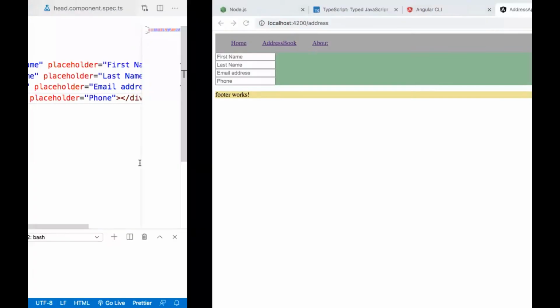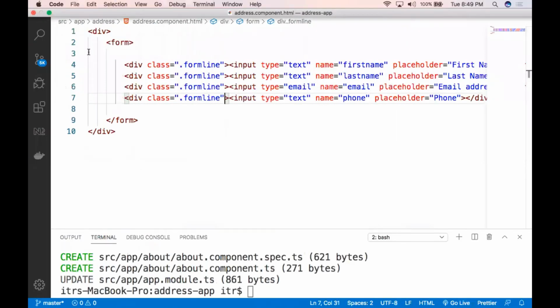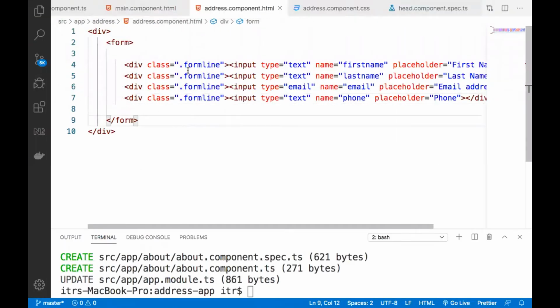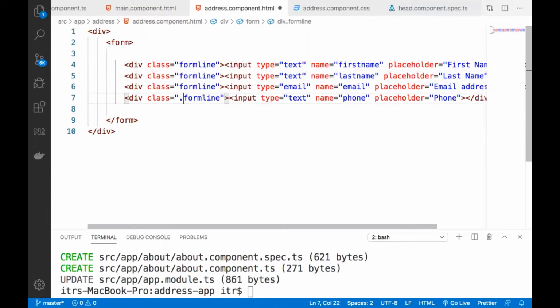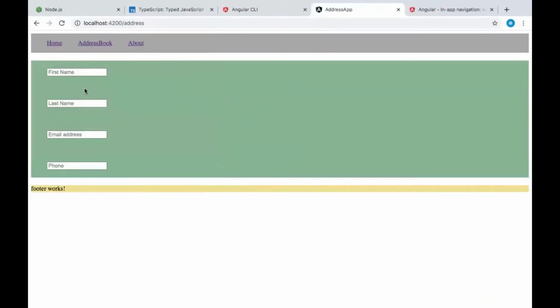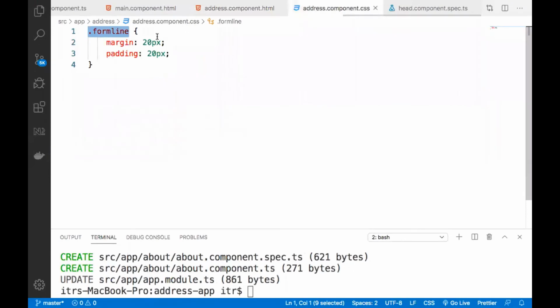Nothing happened. Sorry, we need to remove this dot. Save it. Oh, this much. Open the CSS. Just make it as margin 10 and